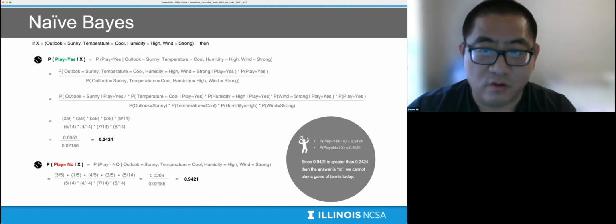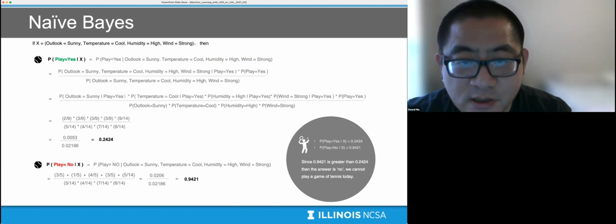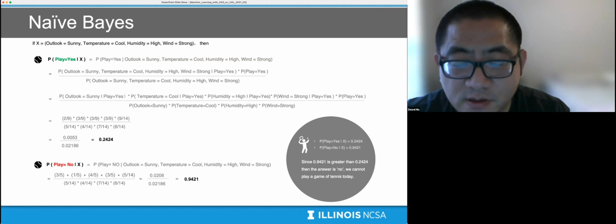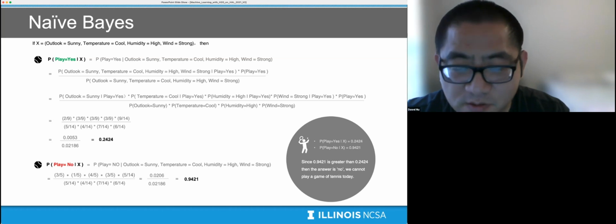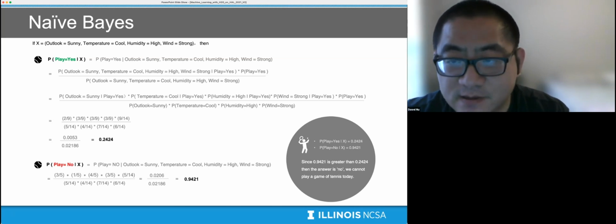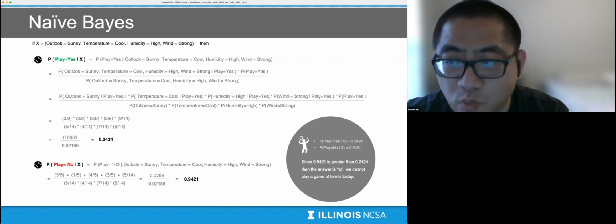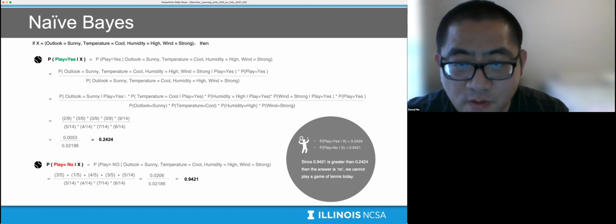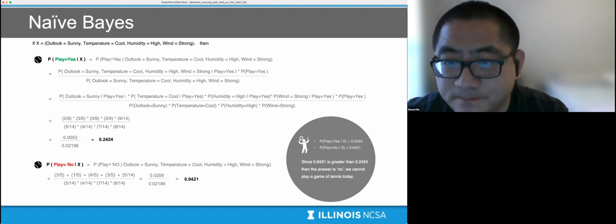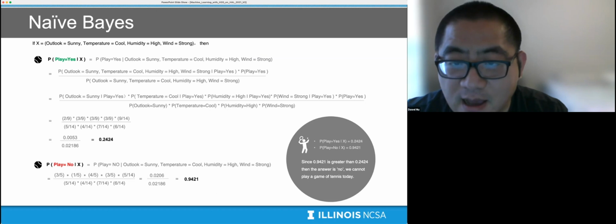So based on the formula, we just compute the possibility that I play tennis on a sunny day with cool temperature, high humidity, and strong wind. It will equal the possibility